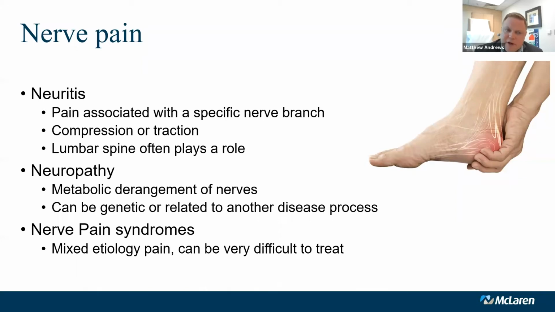It's a nerve process as well, but it's a metabolic process. So what differs neuritis from neuropathy is neuropathy tends to affect both feet equally, or oftentimes this can be found in the hands as well. And oftentimes this is secondary to another disease process. So neuropathy in and of itself is not a disease. However, it's a secondary effect of some other pathologic process, whether it be diabetes, or sometimes things like malabsorption syndromes or exposure to certain types of chemotherapy medications or heavy metals, things like that.